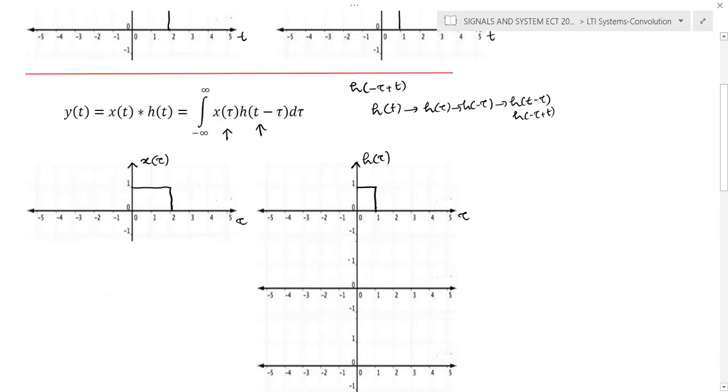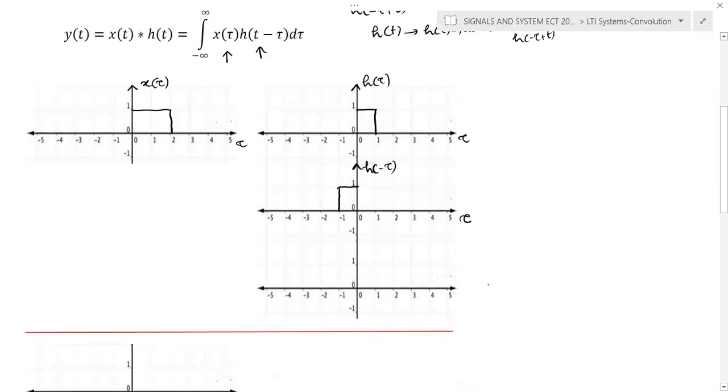Now we need h of minus tau. H of minus tau means simply the time reversed version of the signal. H of minus tau, the graph is with respect to tau. Now we need h of t minus tau or h of minus tau plus t. The given waveform is from 0 to minus 1, in this particular case h of minus tau, and we need to perform 0 plus t and minus 1 plus t. So it becomes t and t minus 1, and we don't know the value of t. It can be positive or negative, so we can draw somewhere here.